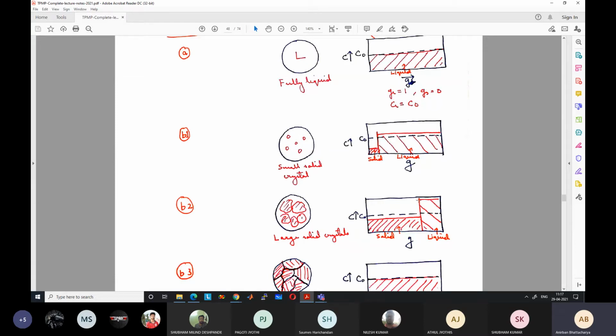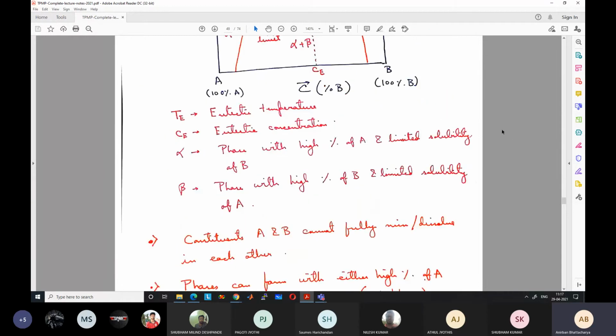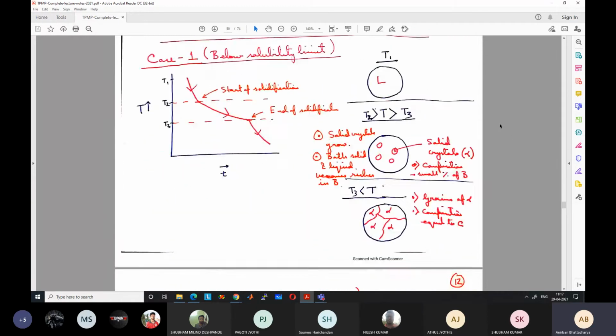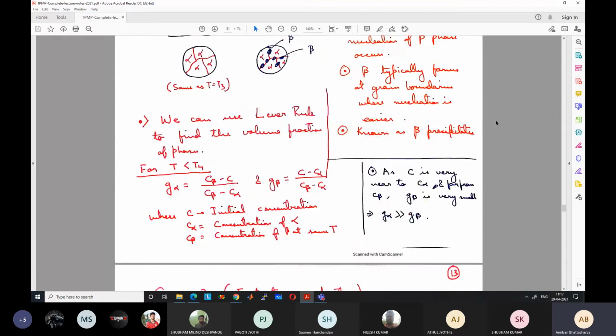But near the interface, the relation between the concentration of liquid and solid is in equilibrium, meaning it is governed by the phase diagram. We will see what it means in a second. So we have equilibrium at the interface, only at the interface, not far away. So at the interface, solidification still proceeds like equilibrium solidification.